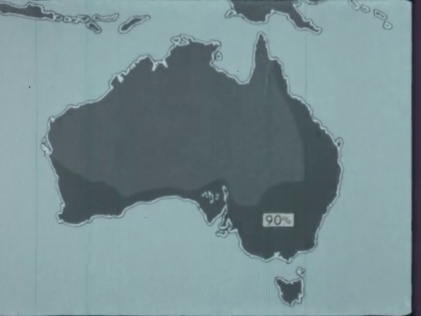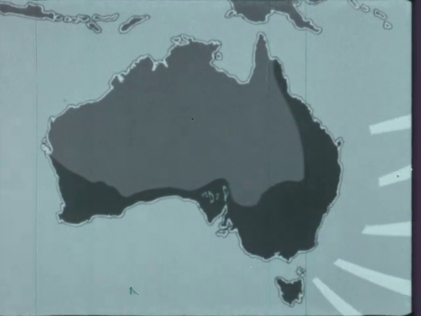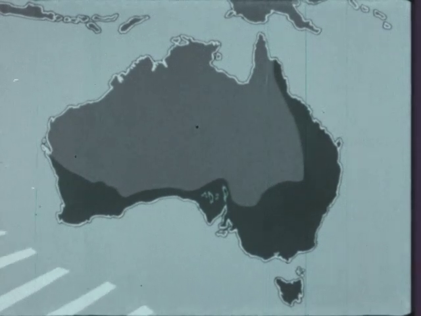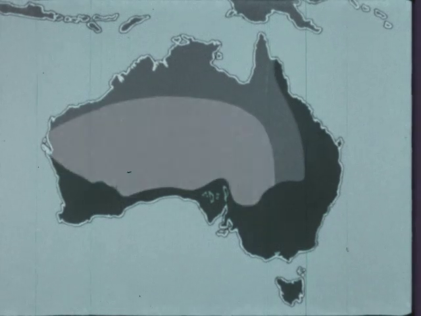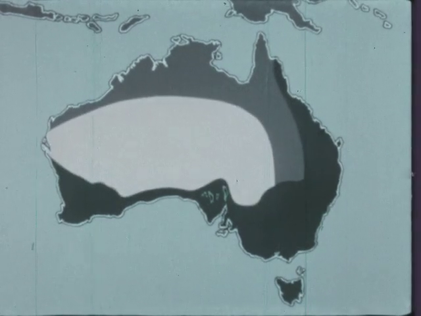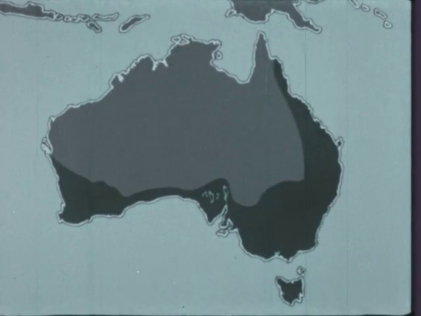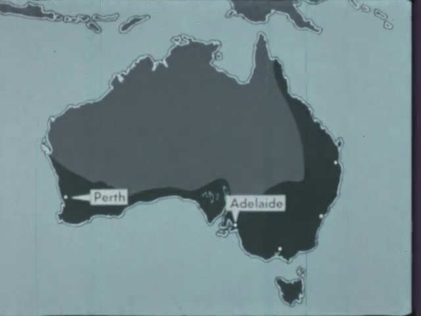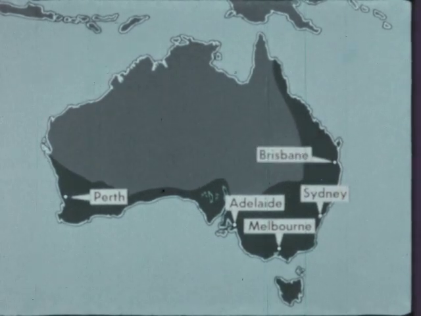Here is the main reason: rainfall. The southeast trade winds bring yearly rainfall to the southeast coast. The westerly winds bring rain during the winter to the southern coast. Inland is a vast desert with scant rainfall. Where do you think most of the people live? Of course, where the best land is. Cities such as Perth, Adelaide, Melbourne, Sydney, and Brisbane are in the most productive part of Australia.